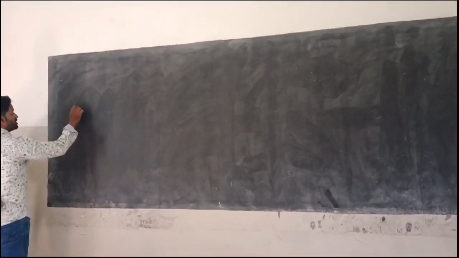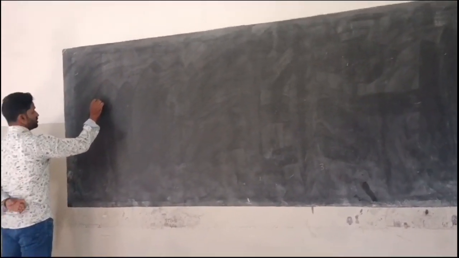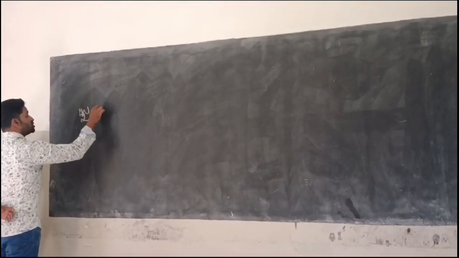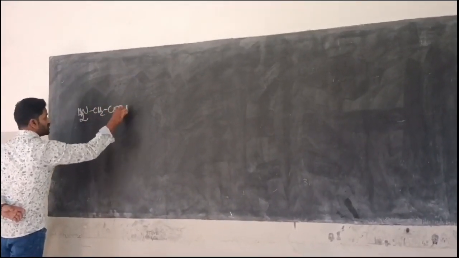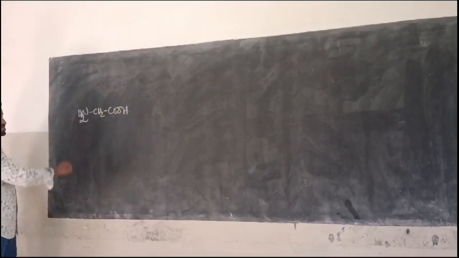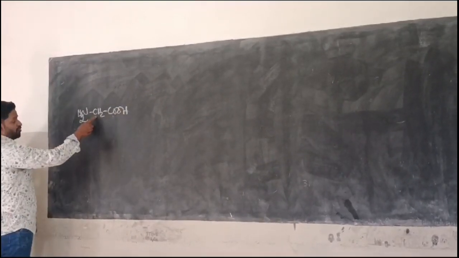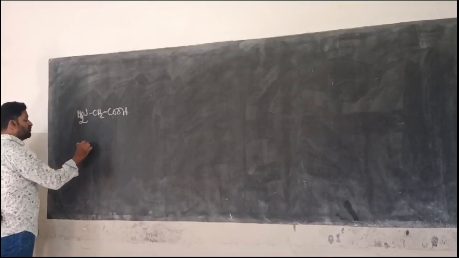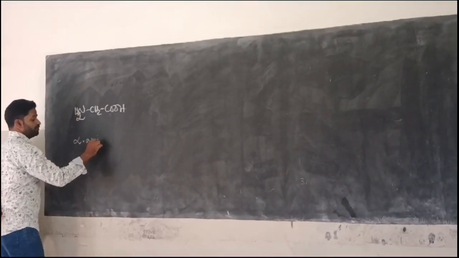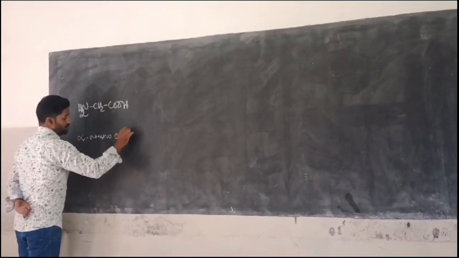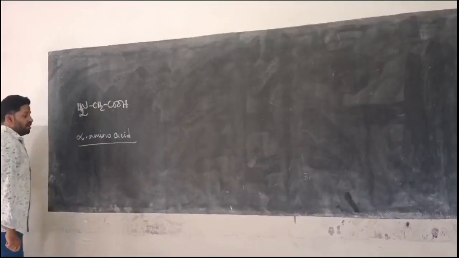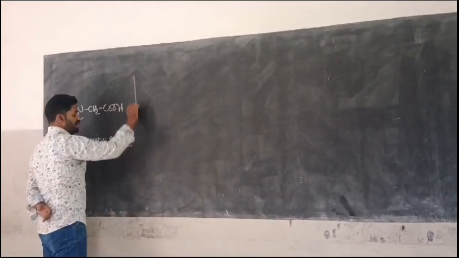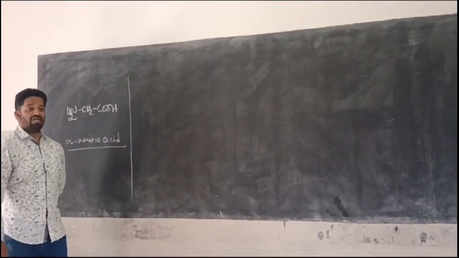Amino acids are called alpha amino acids because, in NH2, CH2, COOH, the functional group is the acid, and this is the alpha carbon. In the alpha position we have an amino group, right? So they are called alpha amino acids. We already know the classification of amino acids, that is neutral, acidic and basic amino acids, depending upon